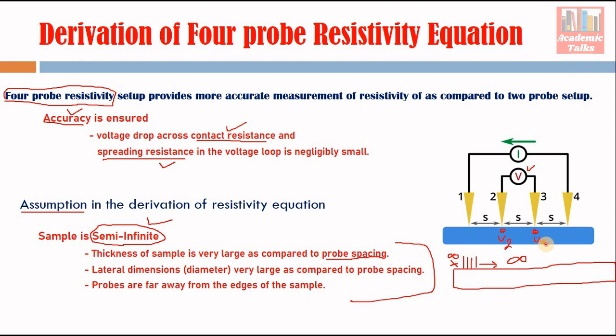So we need to find out V2 and V3. V2 will depend on how much current is entering here, and V2 also depends on how much current is going out of this, because these two are the current probes. So the current in these two probes will affect the potential here. In the same way, the potential at this point will also be affected by the current in this branch and the current in this branch. First we find the potential here and here, then we find the difference, and that difference is actually our V, right?